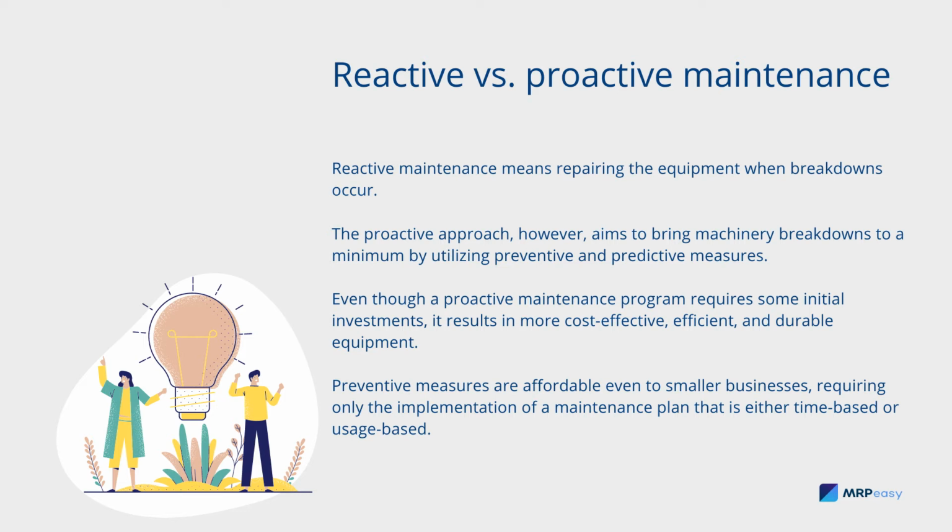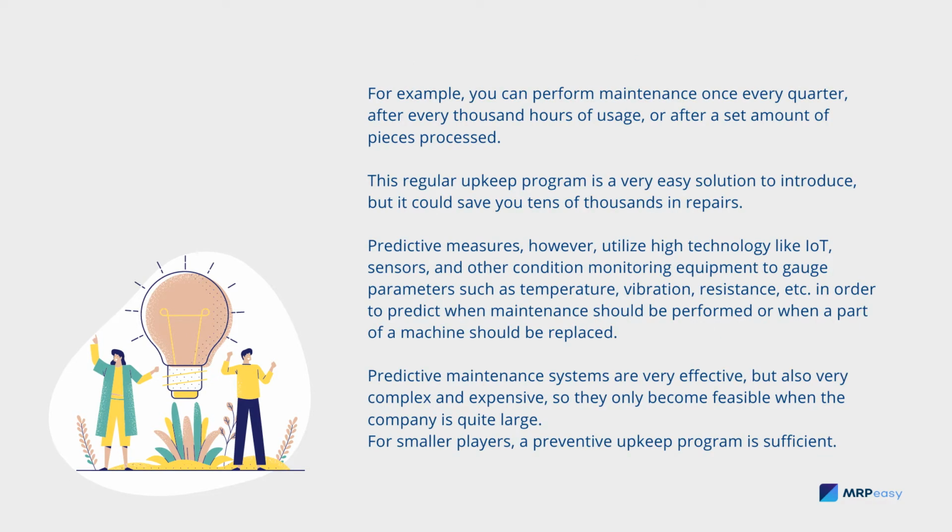Preventive measures are affordable even to small businesses, requiring only the implementation of a maintenance plan that is either time-based or usage-based. For example, you can perform maintenance once every quarter, after every 1,000 hours of usage, or after a set amount of pieces processed. This regular upkeep program is a very easy solution to introduce, but it could save you tens of thousands in